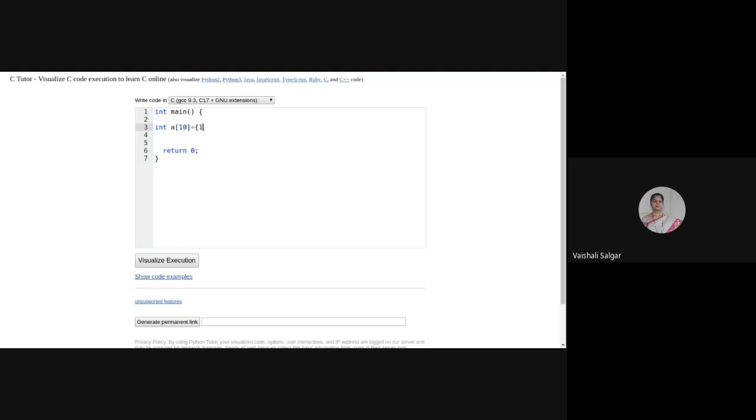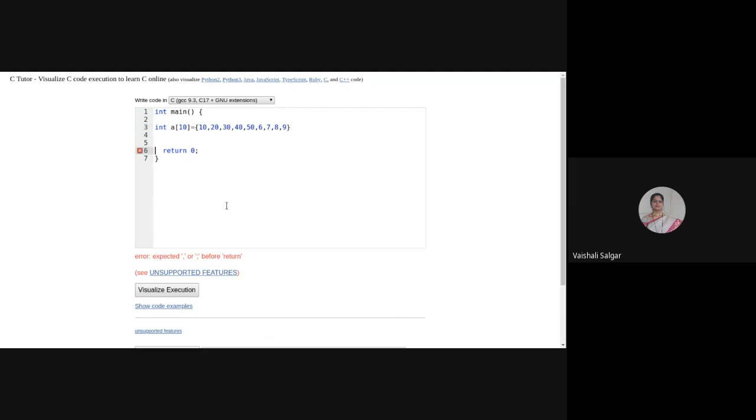Now if I show one more thing, a of 10, declared with some values: 10, 20, 30, 40, 50, 6, 7, 8 and 9. Oh, semicolon is missing.